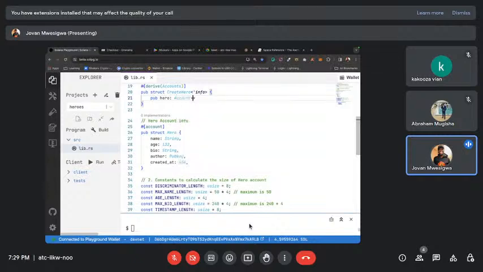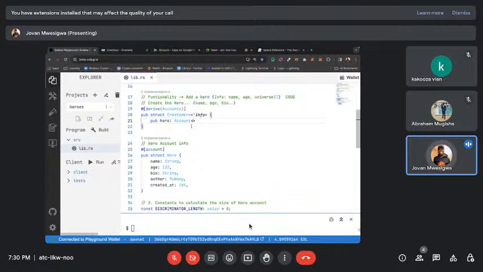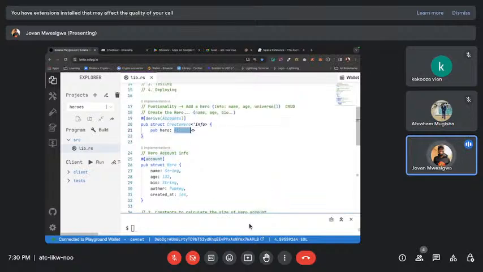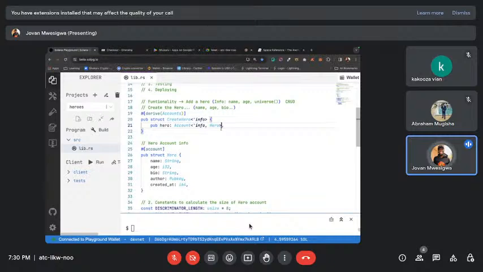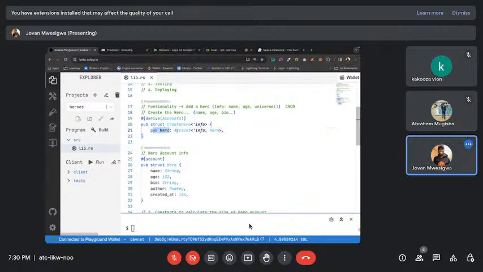So when I add that account class, I'm telling Anchor that this hero is going to be of class account, and it's going to have the same lifetime as the structure, which is info, and it's going to be of the structure hero. So I'm telling Anchor that the hero field is going to be of type account. It's going to live with the same lifetime as the whole create hero, and I'm going to access it using